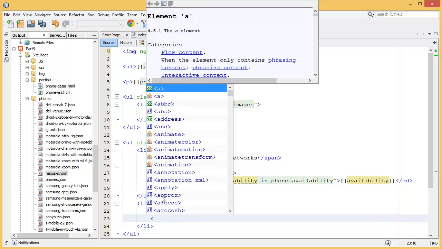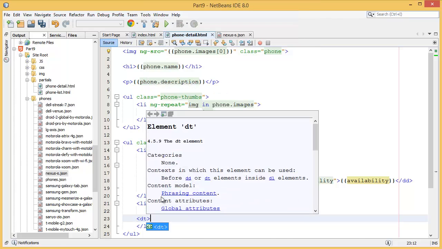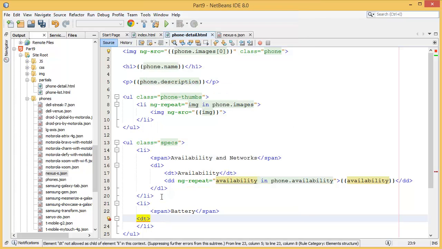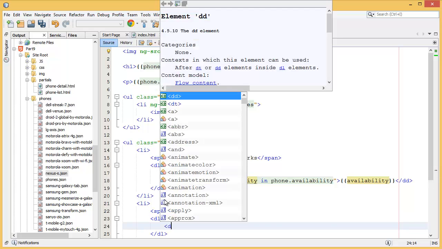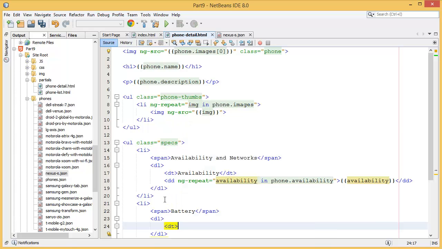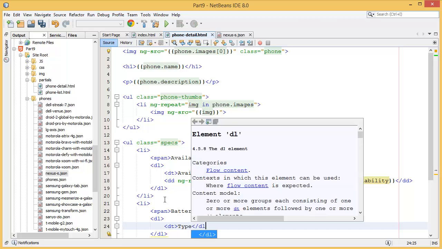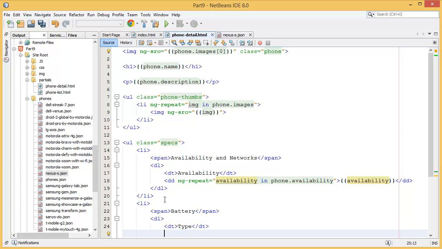So for battery we have to specify the DT. First of all you have to specify a DL. Inside of the DL you have to specify the DT type. Then you can specify the DD, it means data,